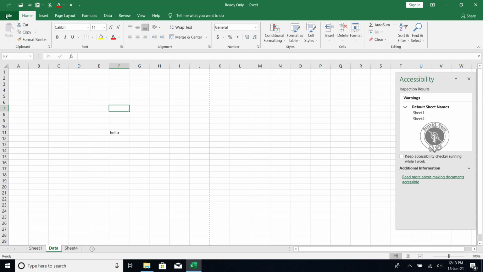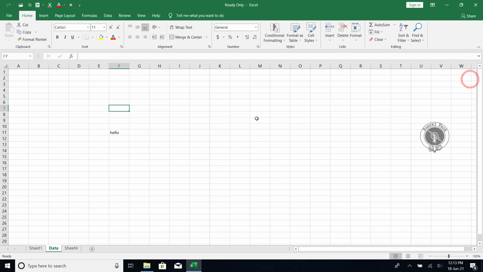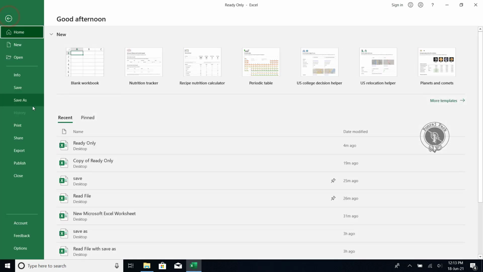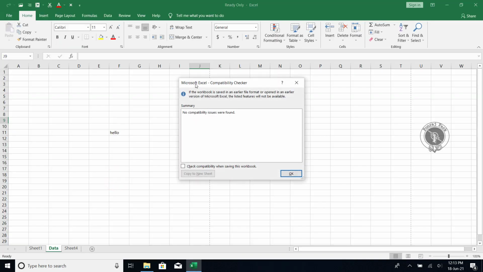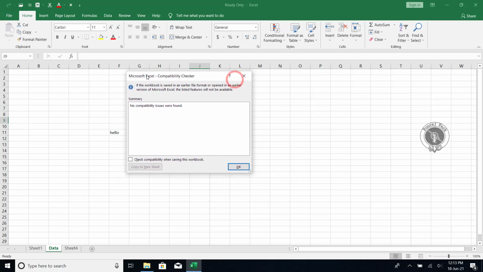This is important when you send any file to any disabled person, so you have to make sure of all these things. And check compatibility: as you know, compatibility with older versions of Excel, which function, which file, which things will work in this new version, and some formulas or macros or drawings will not be compatible with older versions like Excel 2000 and 2003.